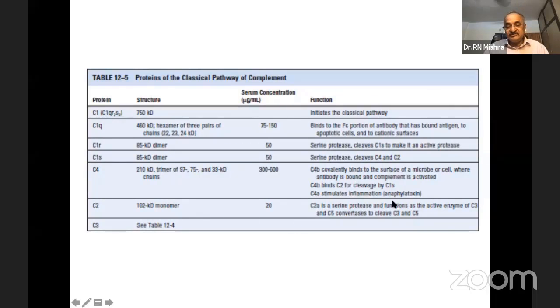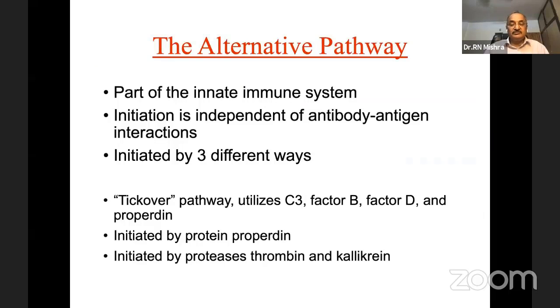C2A is a serine protease, meaning all are enzymes, and that cleaves on the subsequent. And you've got to remember that C3 convertase is the central anchorage enzyme that goes into the late activation pathway. The alternative pathway is very much part of the innate immune system, as Dr. Bhaskar Shah was alluding to, adaptive and innate. This is an innate immune system pathway,